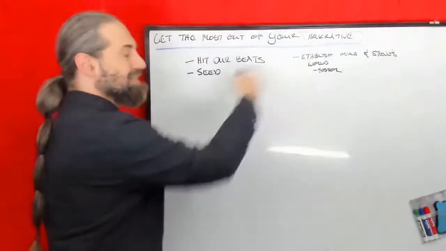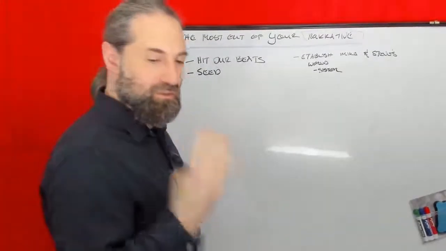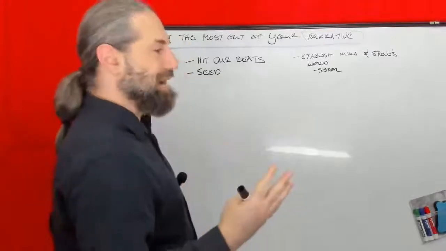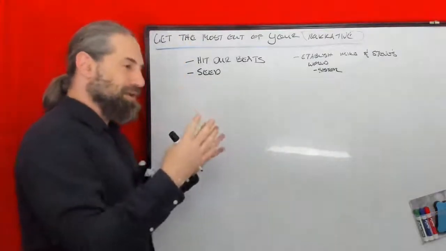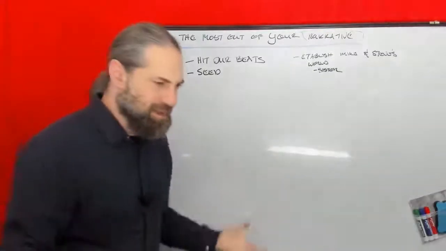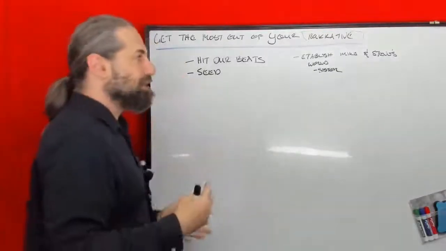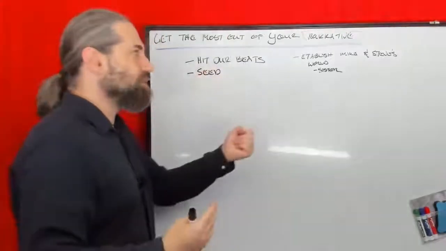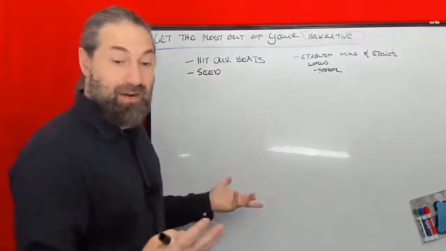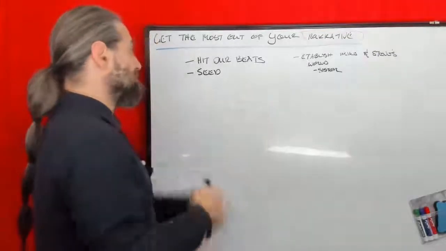So we're seeding that it exists, because in writing you don't want a Deus ex machina, where it's just like, we have to stop the bad guy, but we don't know how. Well, we have the sword. Where did we get the sword? It exists. Like, why does that sword kill them? Why have a sword that kills them? Well, why? Because we need it right now. That's bad narrative.